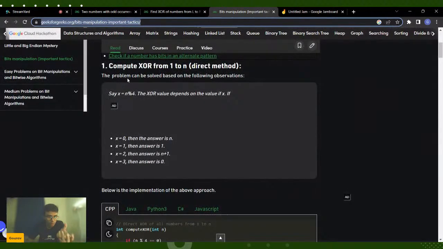So this is the first point, computing XOR from 1 to n. This is one of the very famous things that you will learn the very first time you are trying to learn bit manipulation: what is the cumulative XOR of all the numbers from 1 to any given number n. Can anyone tell me the pattern if they know? There is a very interesting pattern that is usually observed in this case, and based on that pattern, we try to form our answer.